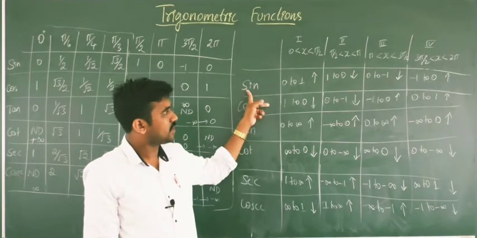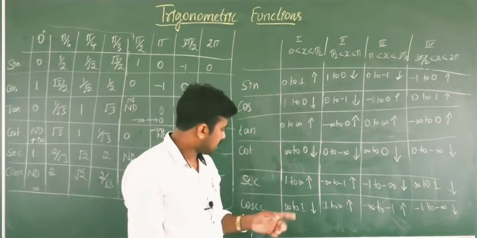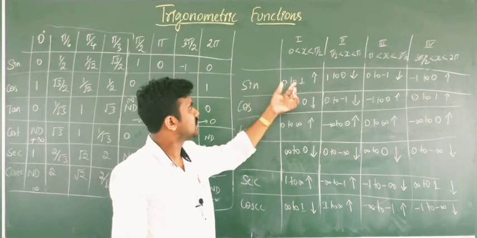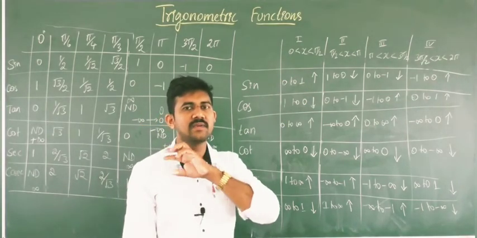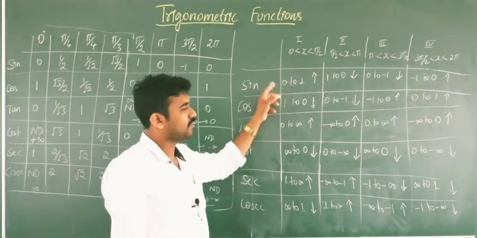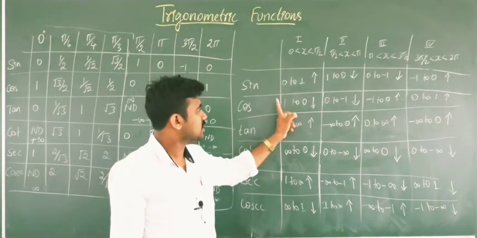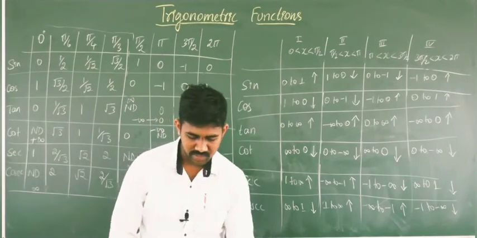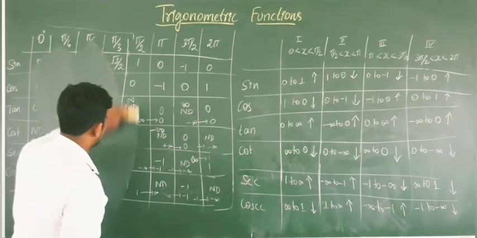Okay, so the sine function, when it is increasing, and tan when it is increasing, cot, cosecant, those we can observe here. Just remember here the tan function and the cot function. The tan function is always increasing, the cot function is always decreasing. And the sine function, according to the quadrant, gets increasing and decreasing, and the cos function also according to the quadrant gets increasing and decreasing. So by using this we can draw the graph of trigonometric functions.